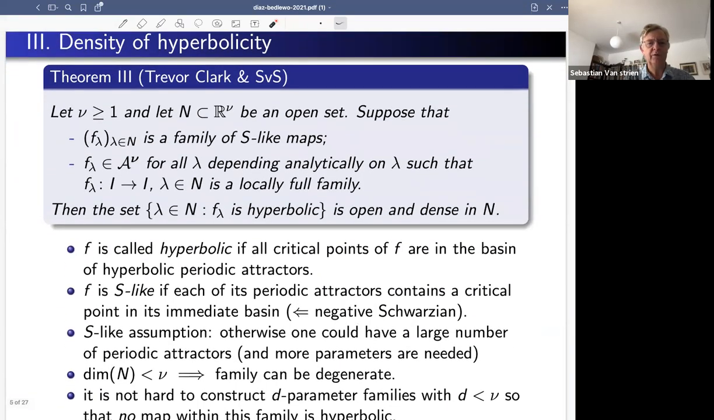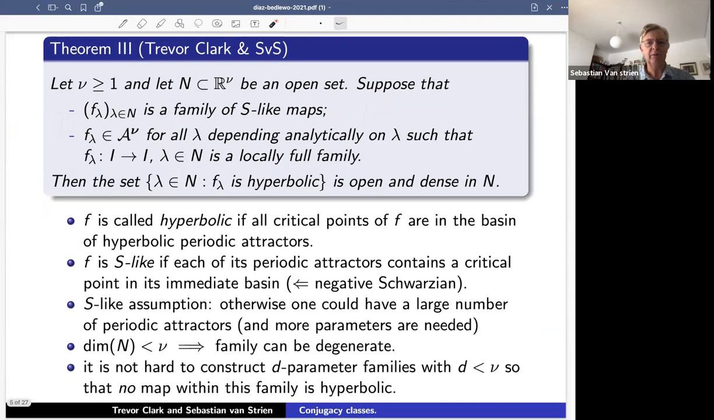Now, the third statement is again about hyperbolicity, but now within families. So let's take a family that depends on ν parameters, and ν is the number of critical points that we discussed. We fixed the number of critical points for these maps, and so that's the dimension of the parameter space. And then we're going to assume that f_λ is a family of S-like maps. And